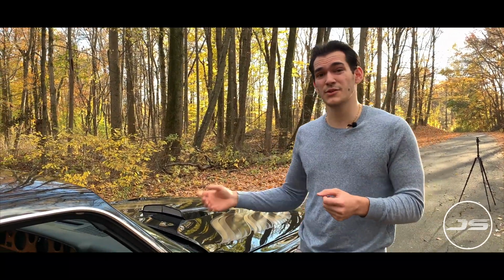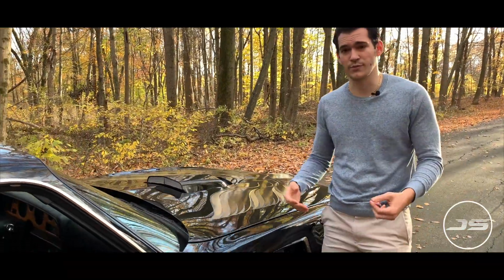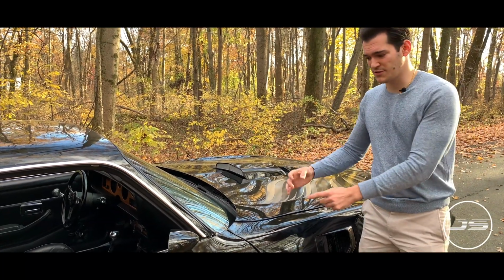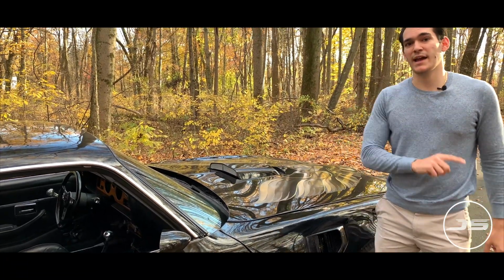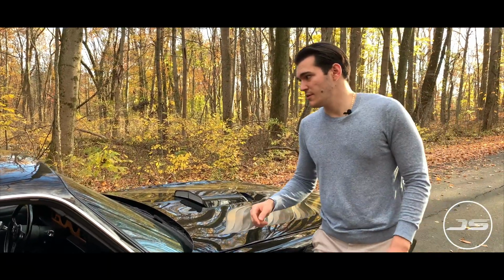Another area you could definitely tell looks took priority over everything is how they integrated the antenna. Now, back in the 70s, if you've ever gone to a classic car show, which you probably have if you're watching this channel, and seen classic cars, you see these big, beefy antennas that look honestly awful even today. Pontiac integrated the antenna in a very smart way. So what they did